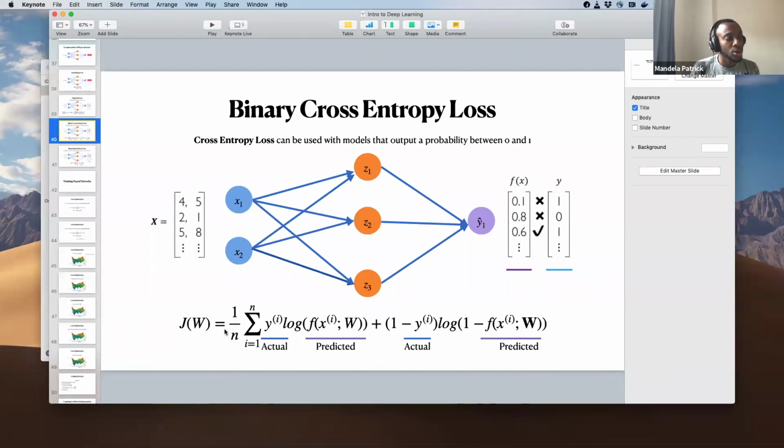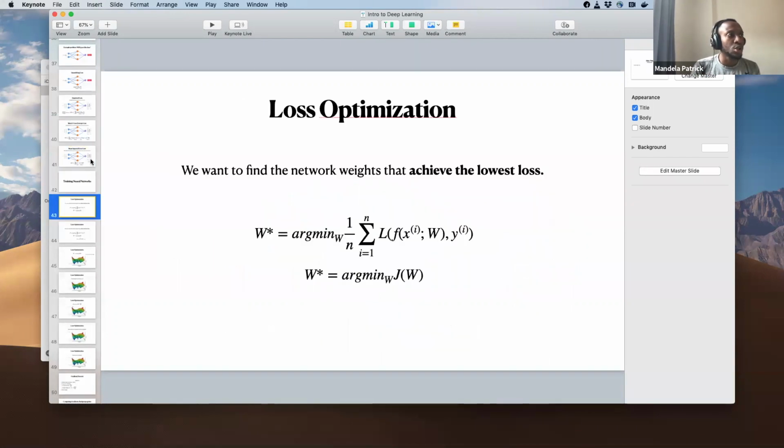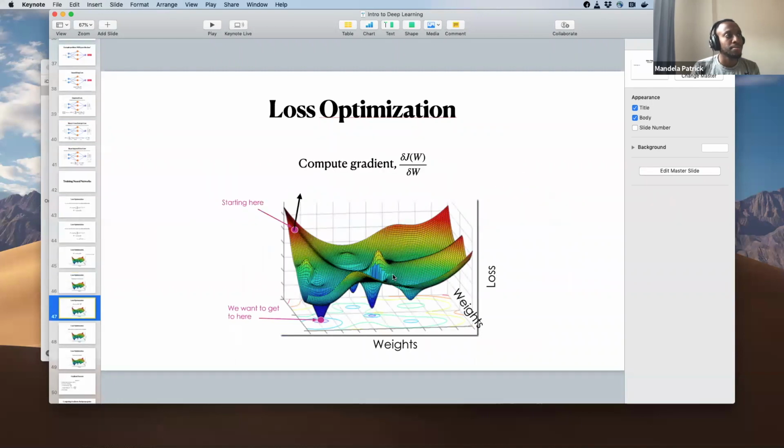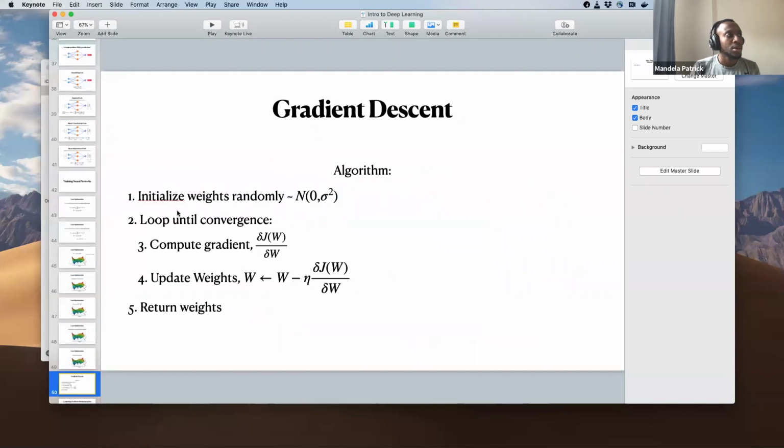That is the loss, and then you use that to optimize the parameters, because you use the loss to calculate your gradient. As you can see here, you get the computed gradient.